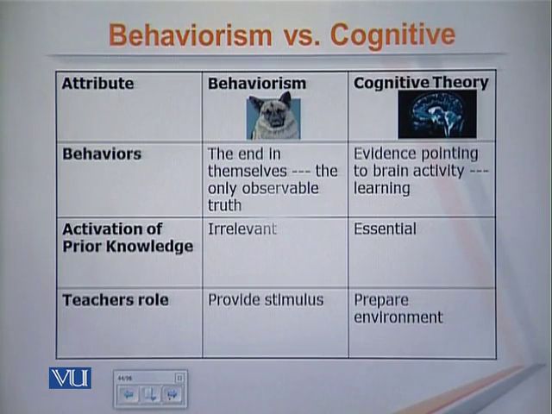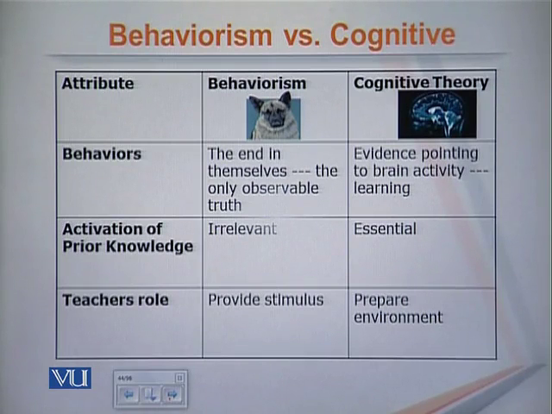And that is why the right answer to a behaviorist is fine. To a cognitive psychologist, the right answer is not fine if you cannot explain how you got to the right answer. The process, together with the product, is key to cognitive psychology. So that's a major difference between behaviorism that only looks at the product and cognitive psychology that looks at the product but also focuses on the process. How did you get the product?